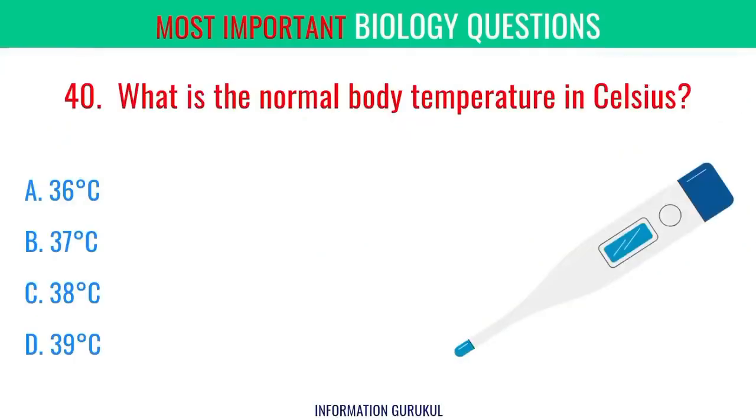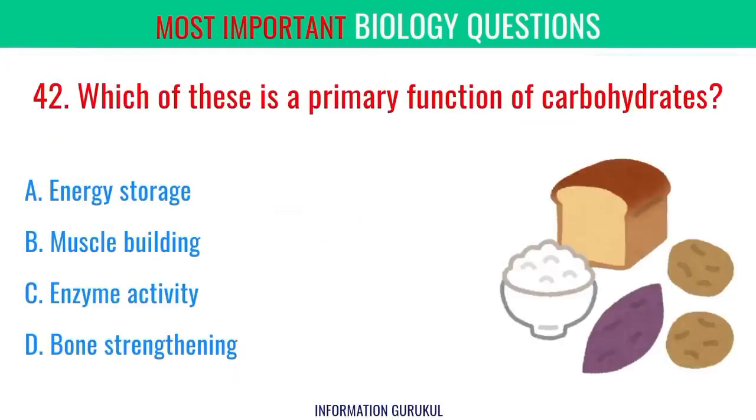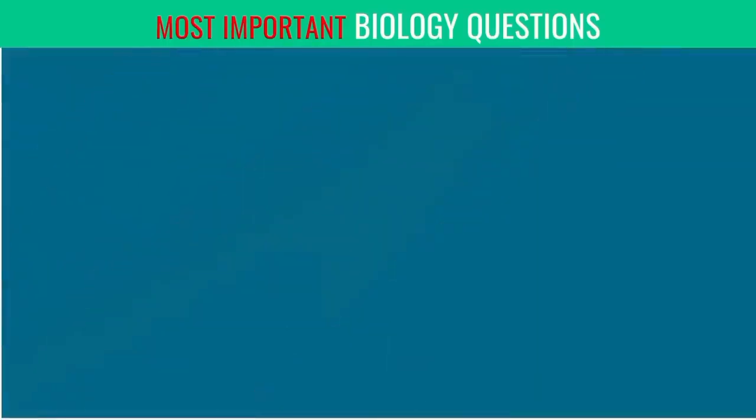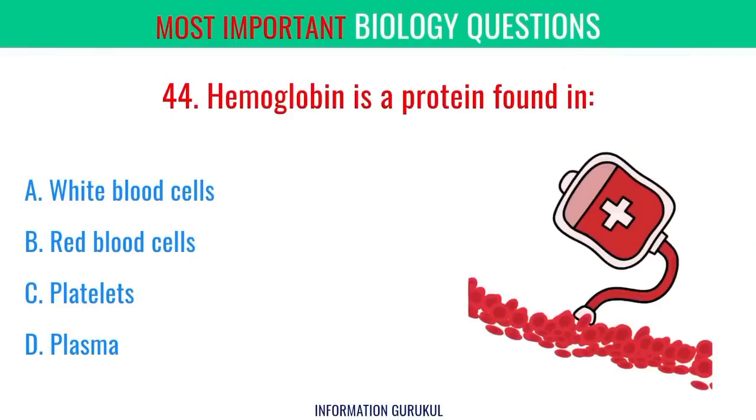What is the normal body temperature in Celsius? 37 degrees Celsius. The voice box in humans is also known as the larynx. Which of these is a primary function of carbohydrates? Energy storage. Which of the following is not a function of the liver? Secreting insulin. Hemoglobin is a protein found in